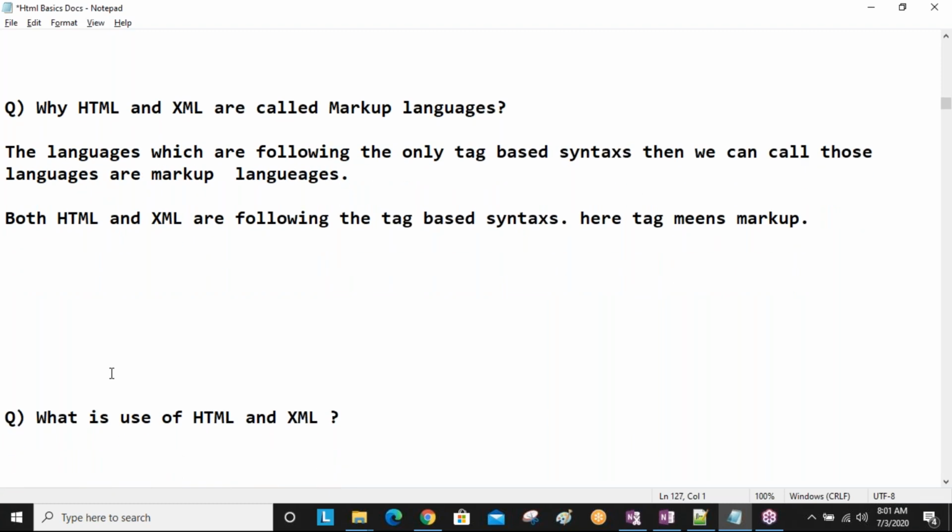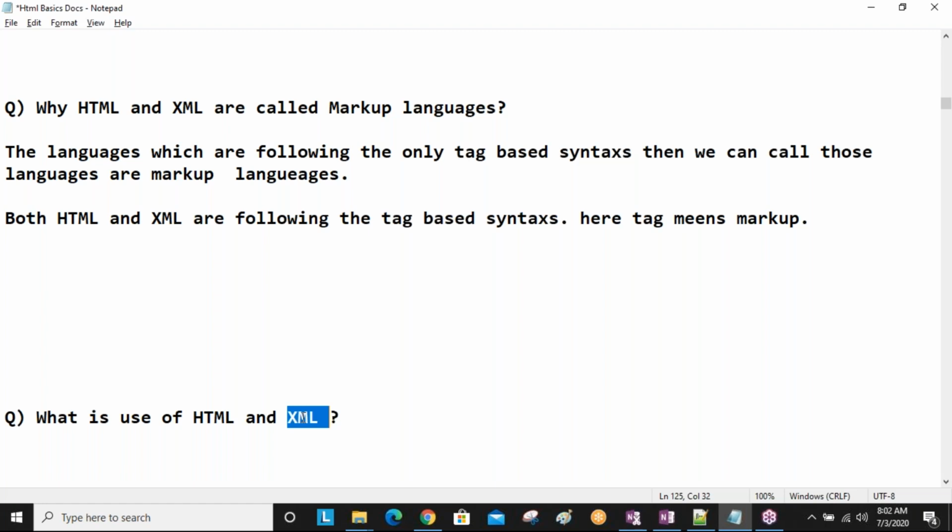Next, what is the use of HTML and XML? We already discussed the differences previously. Using HTML, we can display our application related content, our website related content. Using XML, we can share or transfer data from one application to another application.